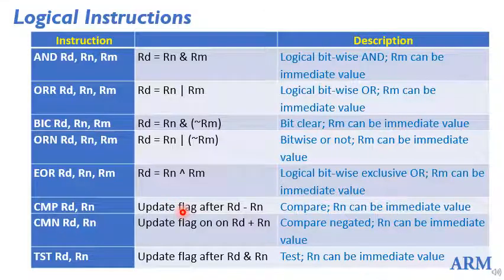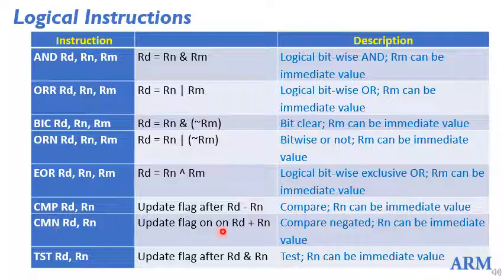Say, for example, you are subtracting two numbers, and both these numbers in the registers RD and Rn are equal. In that case, when you subtract one from the other, the answer is 0, but you will not get the answer. But once the answer is 0, the zero flag will be set to 1. So if you check the zero flag and it is set, then you can conclude that the two numbers are equal.